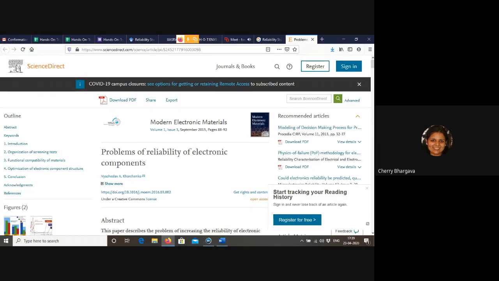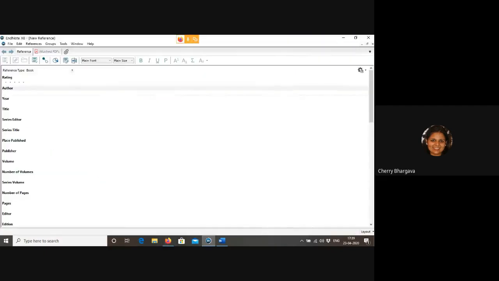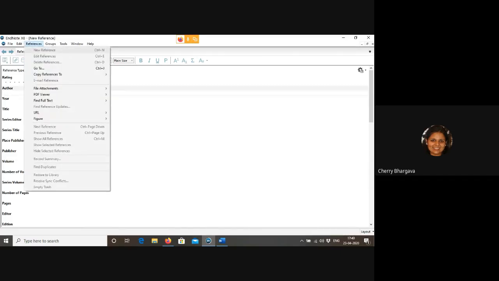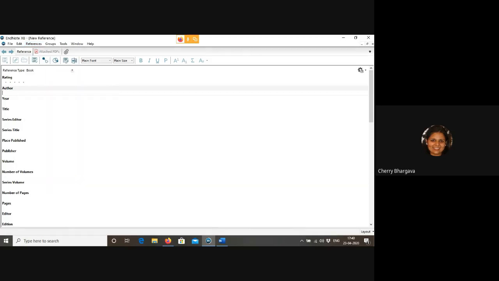So any other one who is having a problem? Okay. So this is the particular document which you want to incorporate manually into EndNote. Okay. So how are we going to do that? At the topmost, it is okay. Again, References and New Reference. When you click on New Reference, you are in this particular interface.